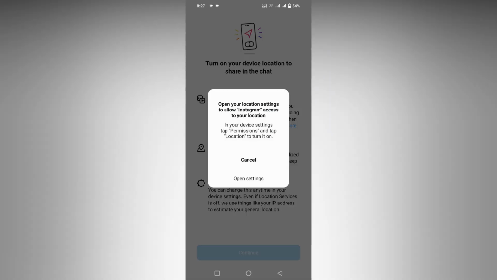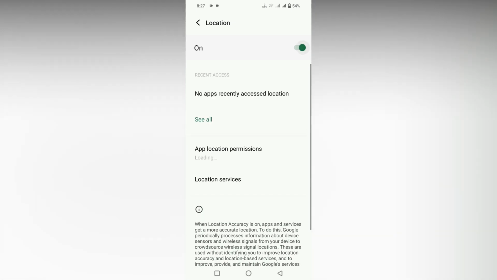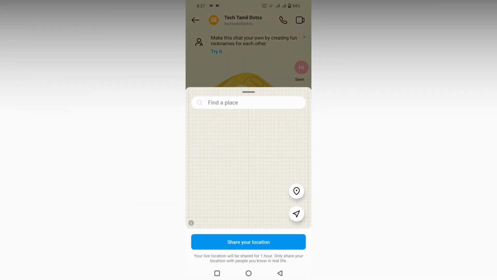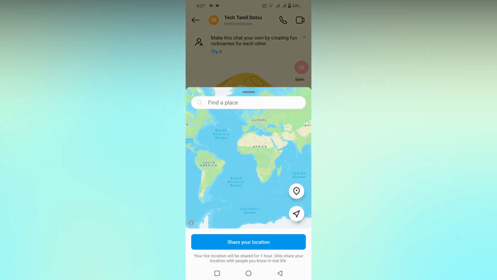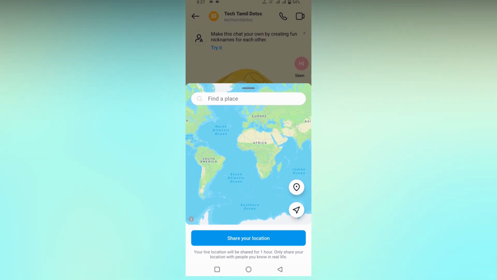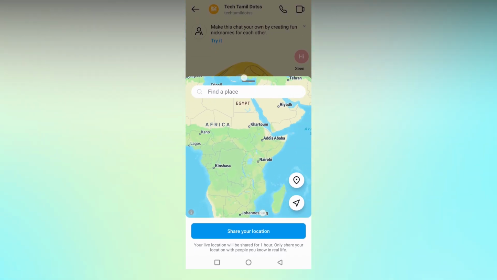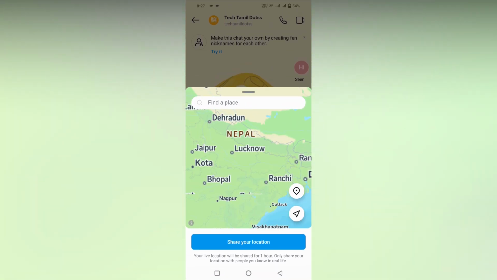So now I just need to turn on my location first. So open the setting option and I just turned on the location. Now here it will find your location, exact location. For an example, here I'm just going to find my location by zooming here, and zooming here you can see